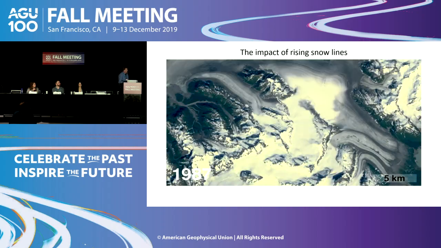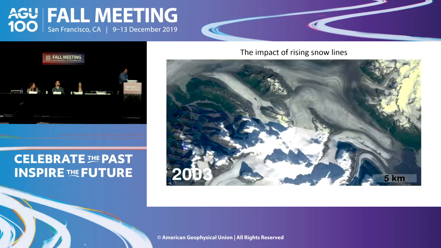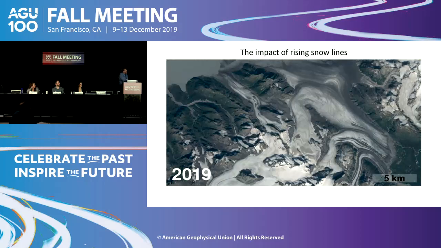So the second to last thing I want to talk about, you're looking down at the top of a peak here, and a bunch of slow-moving ice around all of this that flows down off of this peak. And in this last image here, most of these early images, they were quite bright. And that's because there was snow left from the last winter at high elevation on this mountain. And in this image from 2019, the only snow left from last winter is right there, just up against the